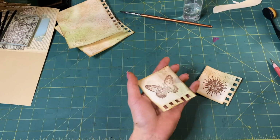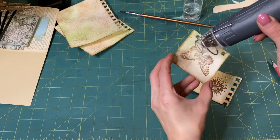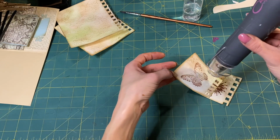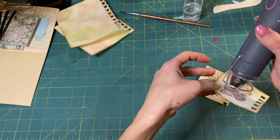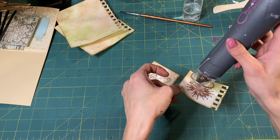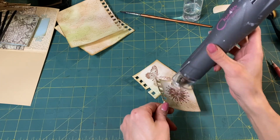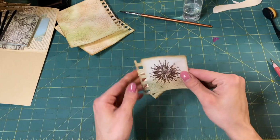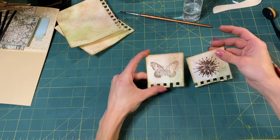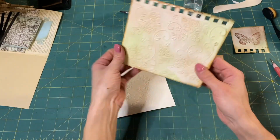Okay, let's use the heat gun. Ooh, it's hot. Okay, I think we're good. It was a little hot there. Okay, those look great. Okay, and those are going to go on our flips like that. And what we're going to do is on this back side, and it'll also fix the, right, because it's curled,